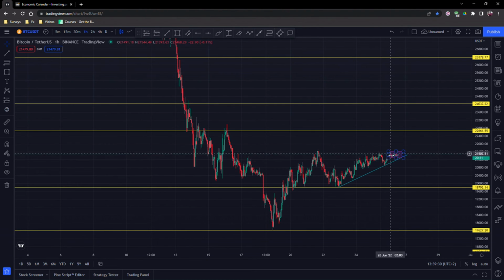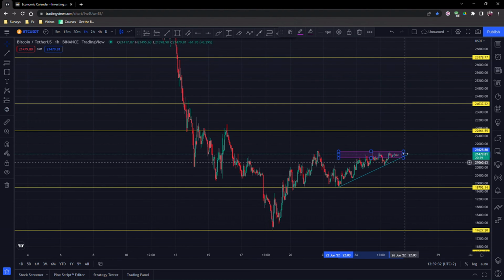Because you can see that if you were to expand that, that is an ascending triangle, as you can see it. And so we can expect our bullish momentum,